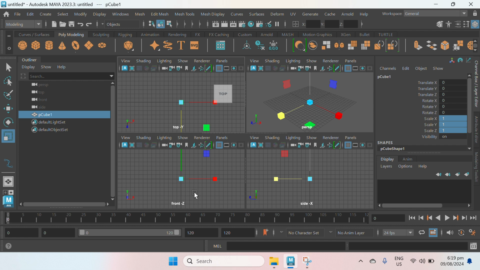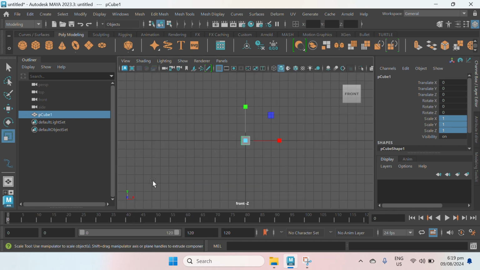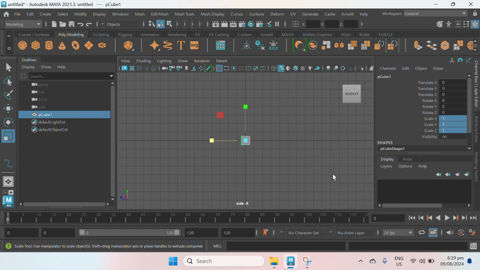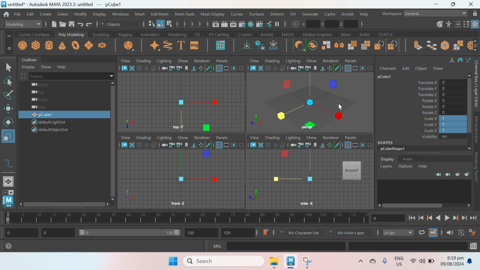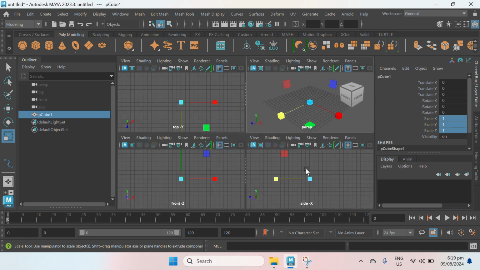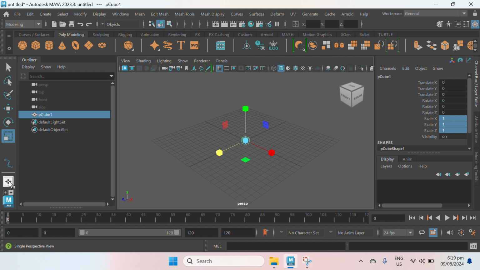For the front view, hover your mouse here, spacebar, spacebar again. And then the side view, spacebar, spacebar again. To go back to perspective, hover here, spacebar. Or if you accidentally press the spacebar, you can just click this icon to go back to perspective.